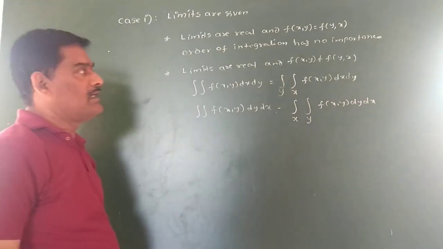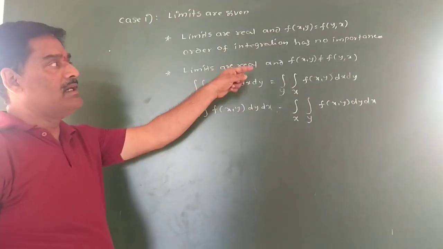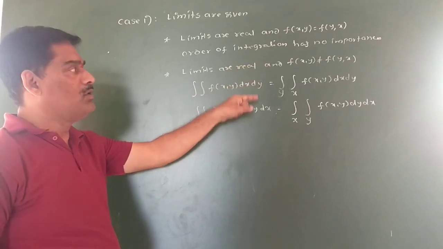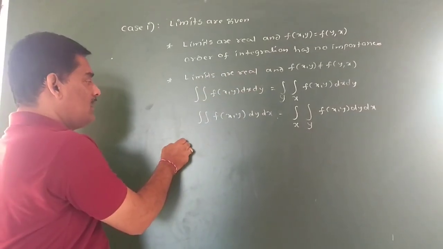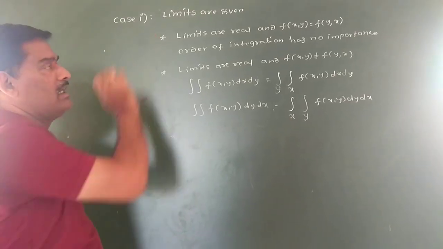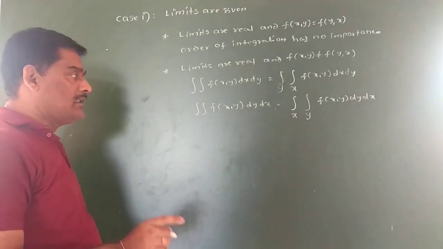So when the limits are real numbers, depending on the condition, you are going to calculate the integration part. Now I am going to take one more case when the limits are given. The third case is